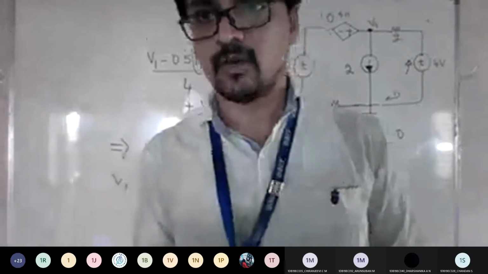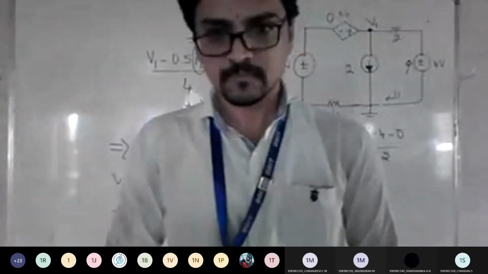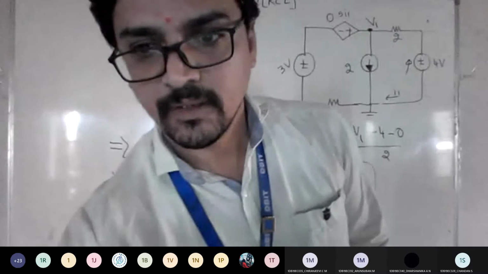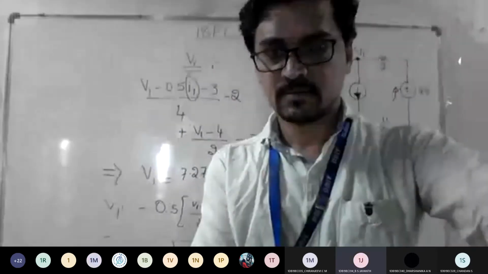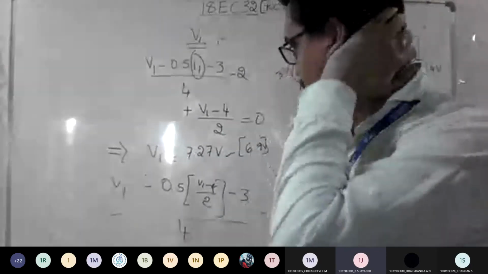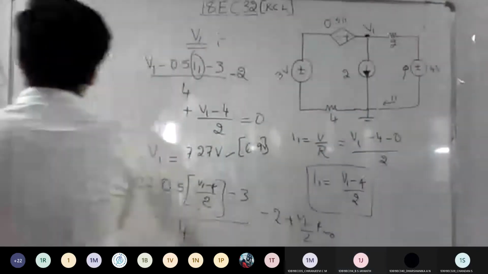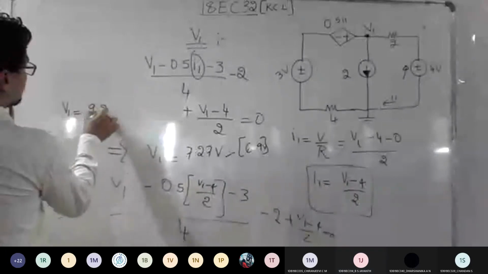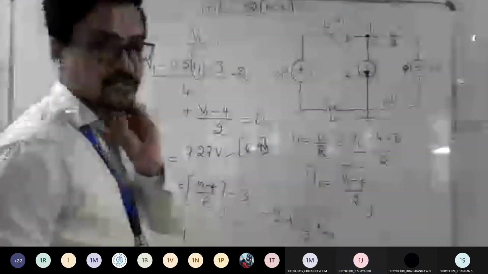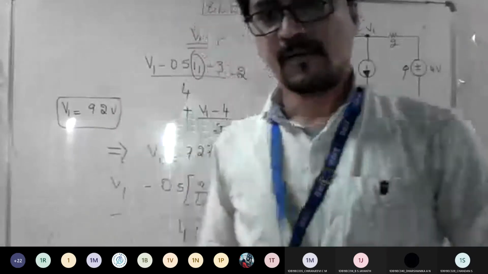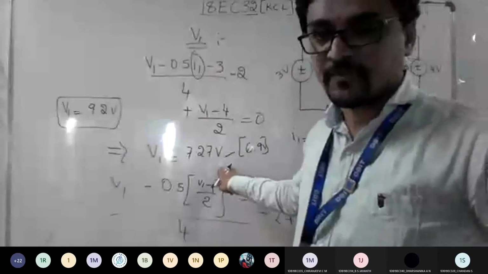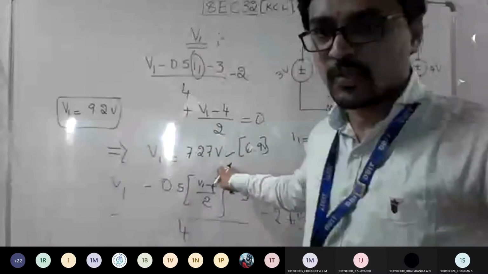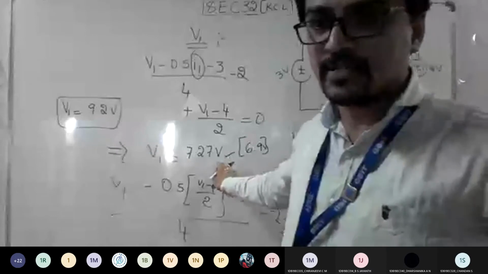Is there? Okay. What is the answer you got here? Sir, V1 we get it as 9.2 volts, sir. 9.2. Why do you get different answers? I don't know. So one is telling one answer. Just check this carefully. V1 is 9.2, correct? Everyone just check, because you told 3 different answers for the same equation. That's 7.24 only, sir.